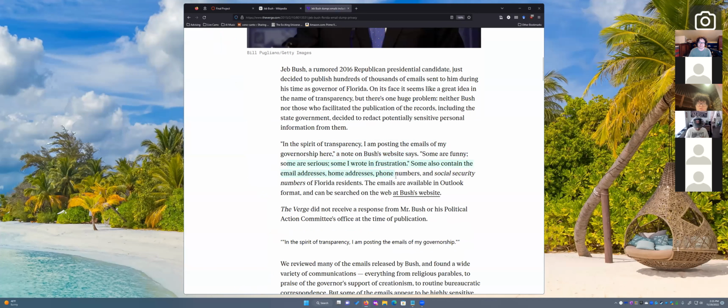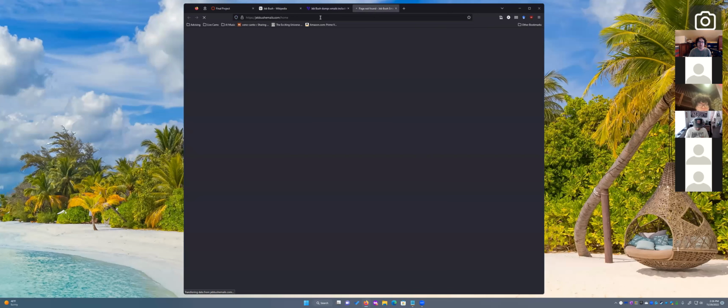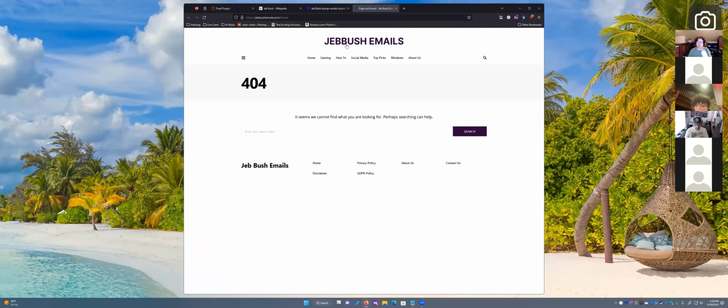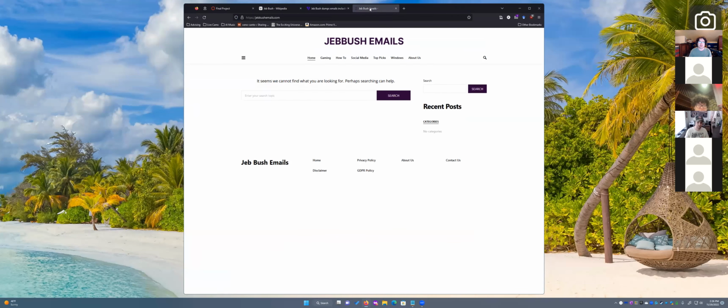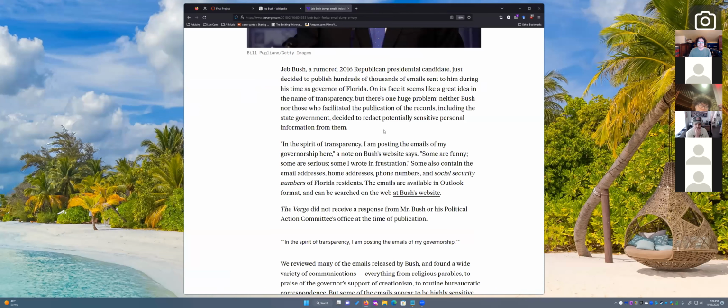"Some are funny, some are serious, some I wrote in frustration. Some contain the email addresses, home addresses, phone numbers, and social security numbers of Florida residents. The emails are available in Outlook format and can be searched on the web at his website." It's obviously been scrubbed at this point, right? You can search, so it's been scrubbed at this point, but the